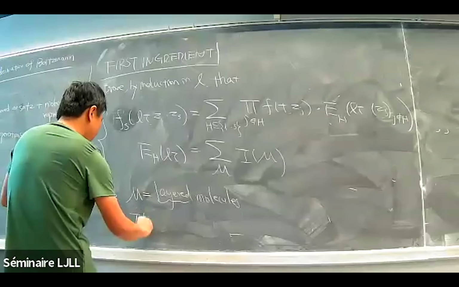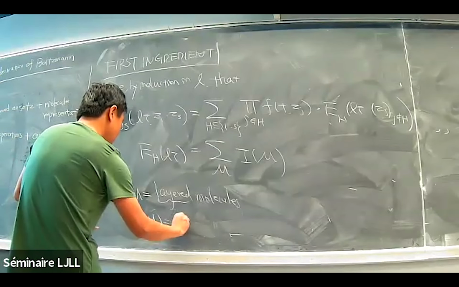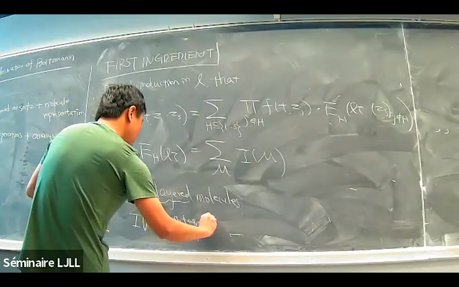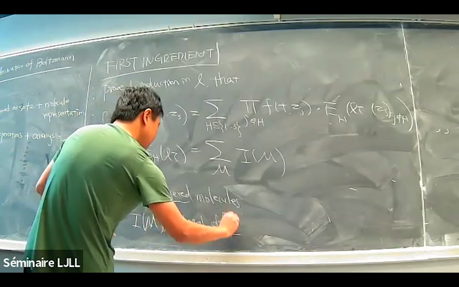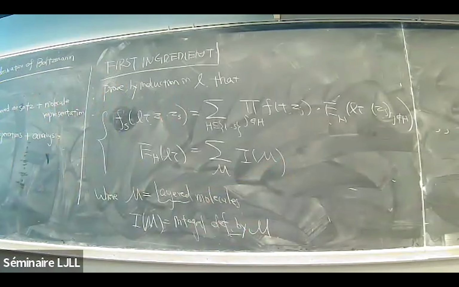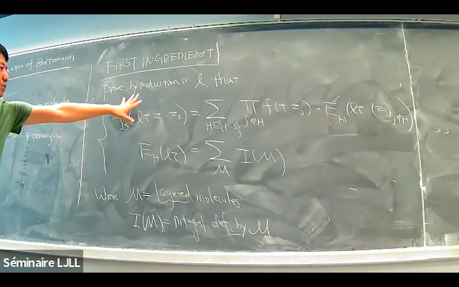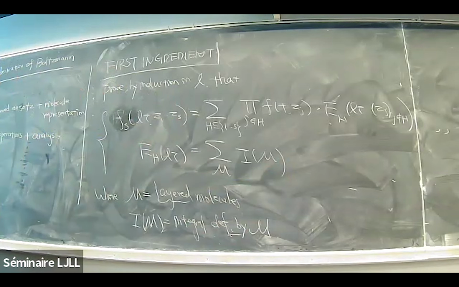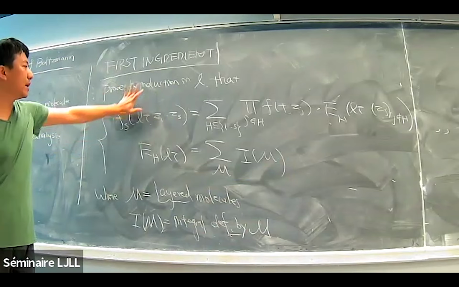And again, I_M is the expression integral defined by M. Okay. So this is basically the first half of the first main ingredient of the proof. We're going to do an induction in L to prove this one. Okay. So before we proceed, let's look at the case if we choose L equals 1, you get this formula